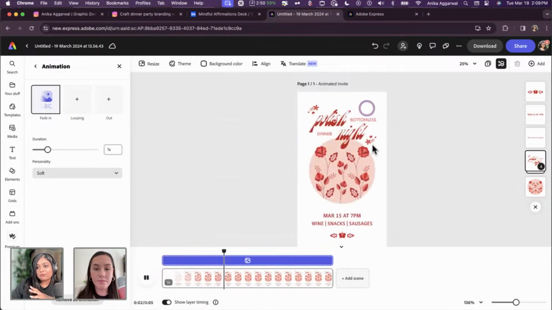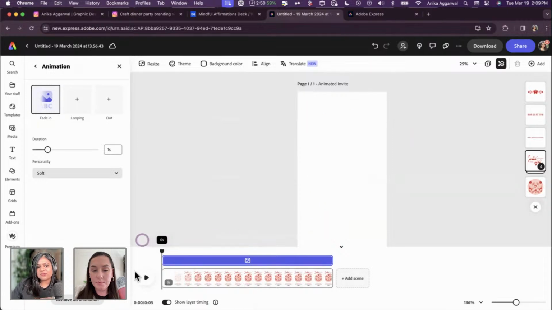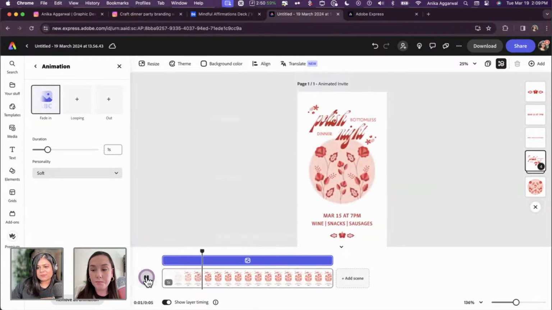But I can do this here, which is super fun because I can do this within a click. And I don't need to worry about putting keyframes or anything, I can just add that to a group, and it almost seems like this was the plan all along. Right. Looks so good.